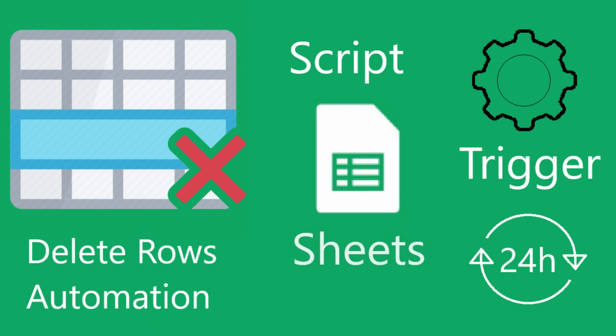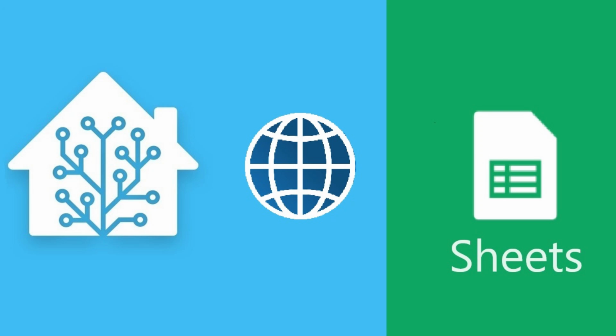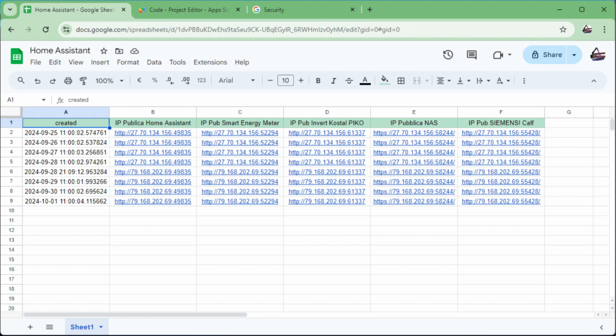We created this project to solve the problem we had in the video spreadsheet for external access to Home Assistant, in which once a day and also as soon as our IP changes, it adds a row to this spreadsheet, having to delete them manually from time to time since we are only interested in the content of the last